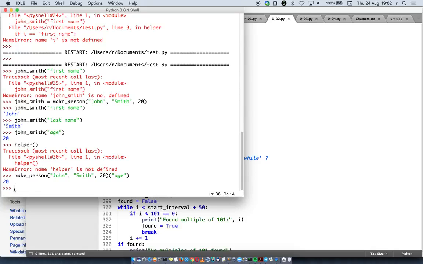But helper doesn't really exist, right? Here, helper is in the inner scope. We just discussed that whatever is in the inner scope is not global. So helper